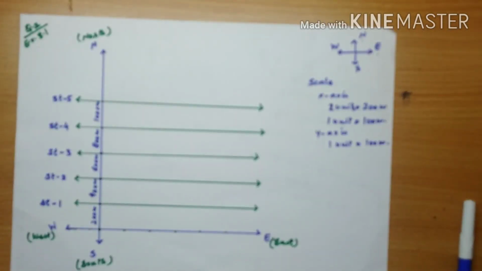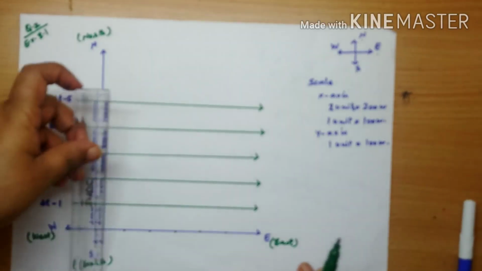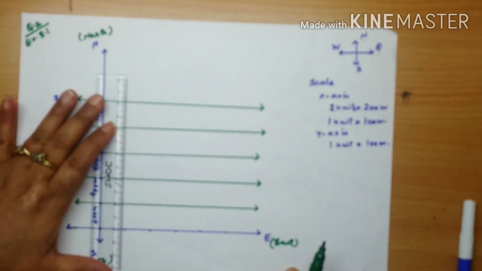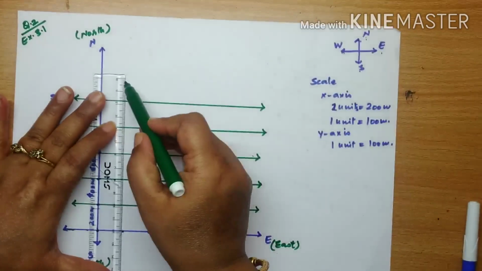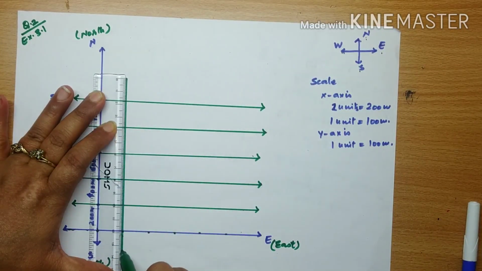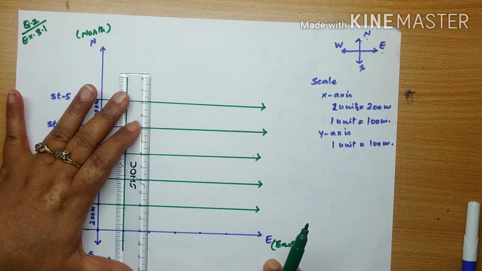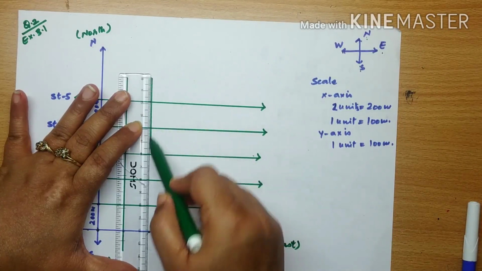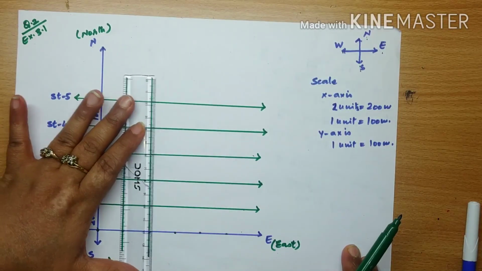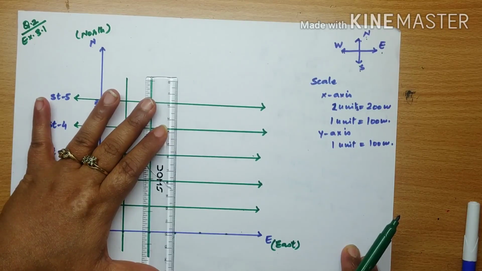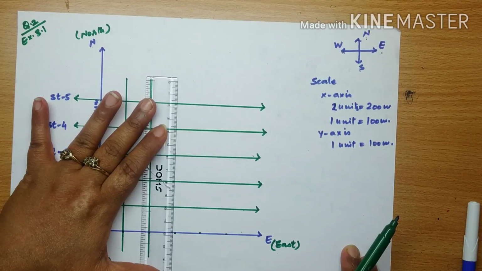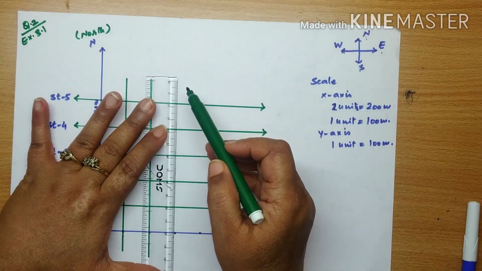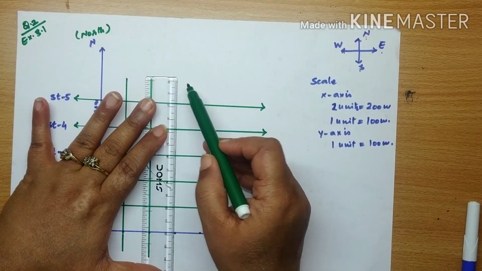Now let us mark the other streets also, the streets which are parallel to north and south. In the question, he says take the scale to be 1 centimeter equal to 200 meter. Now 1 centimeter was very small, so you won't be able to see clearly in the video. So what I have done, I have taken 2 centimeter. In place of 200, I have marked 1 centimeter is equal to 100, so that you can clearly see the video.